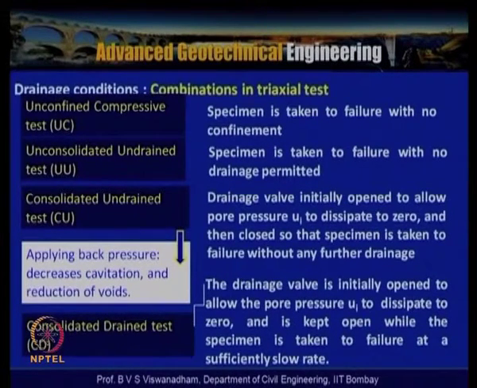That is the condition where, during the shearing stage, the drainage will be closed. So the third type of test is the consolidated drained triaxial test. The drainage valve is initially open to allow the pore water pressure to dissipate to 0. As in the previous type of test, the sample is allowed to consolidate and the pore water pressure u is allowed to dissipate to 0 and is kept open while the specimen is taken to failure